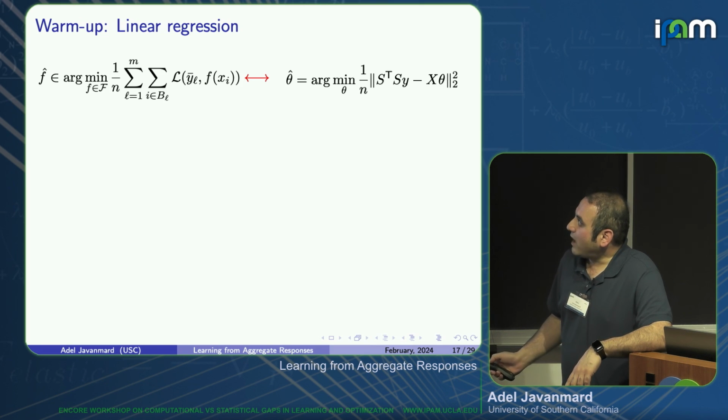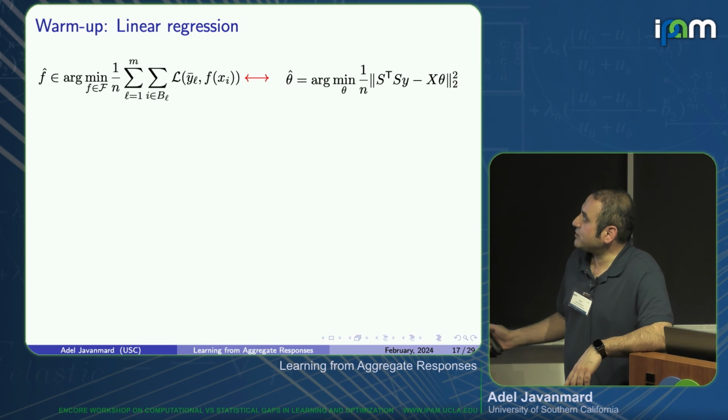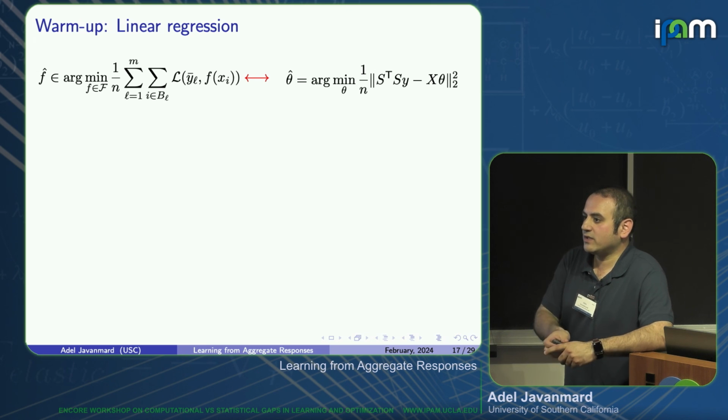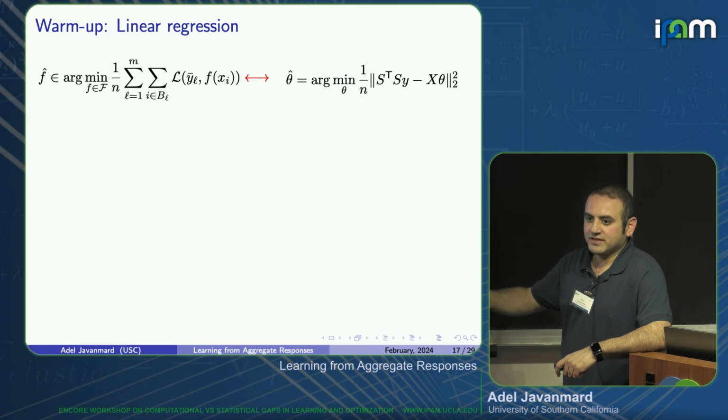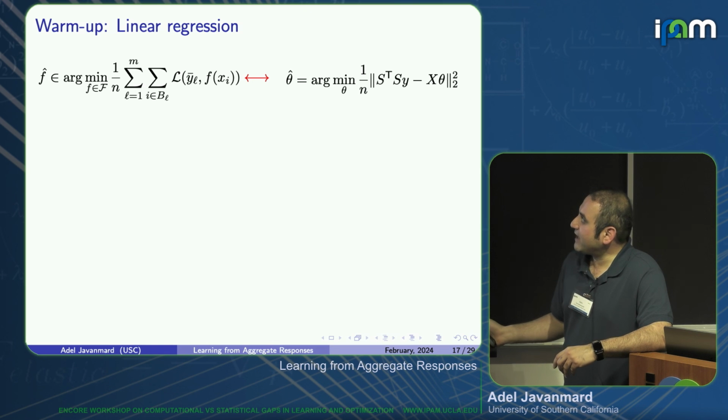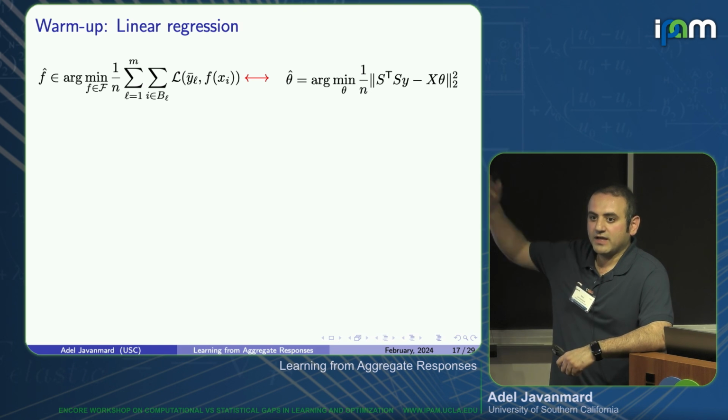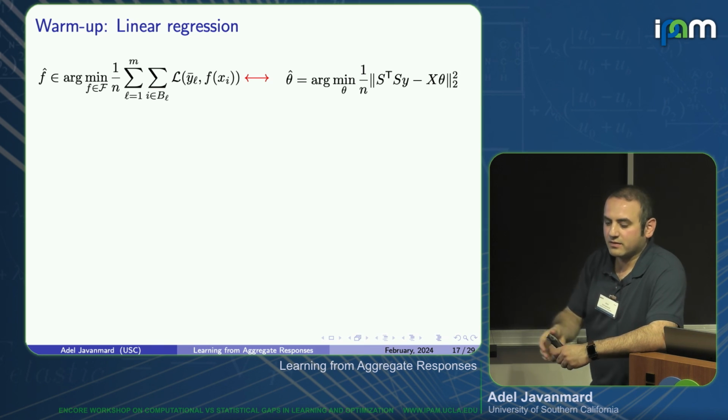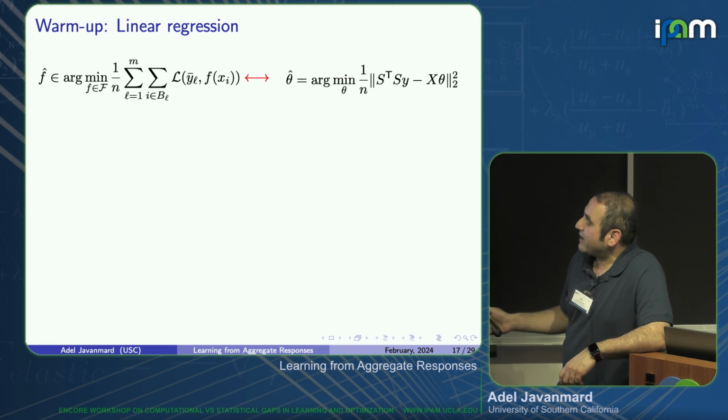Now, I was going to minimize the instance level loss, but for linear regression, you can write something very simple. It's an L2 norm, and then using this matrix S, you can write it in a simpler form. So if you look at S times Y, what it does, modulo the normalization, is just adding the responses in each bag. So it's like the aggregate response. And when you hit that by S transpose, it's going to lift it and use the same aggregated response for all the instances in the same bag. Okay? And then we want to minimize this loss.